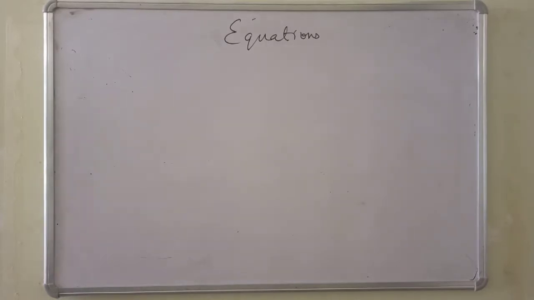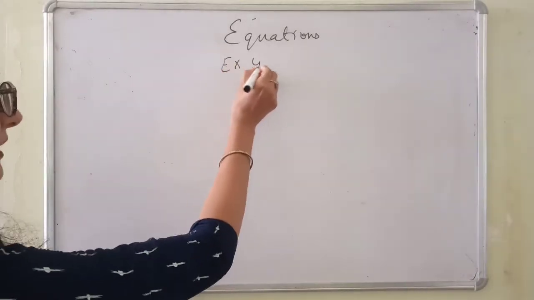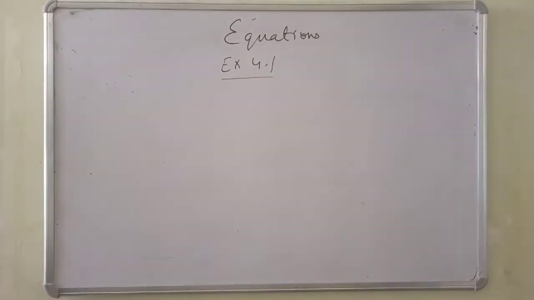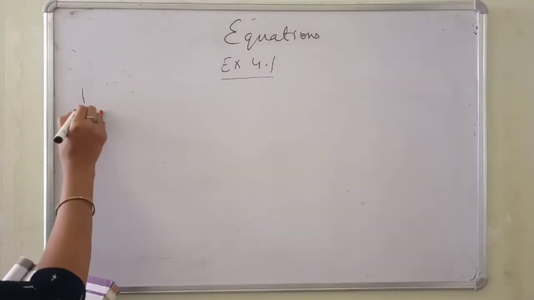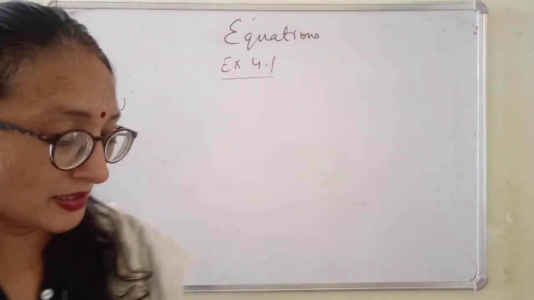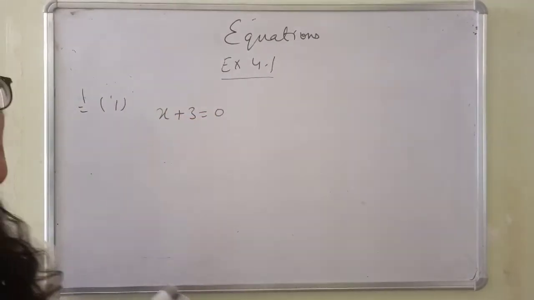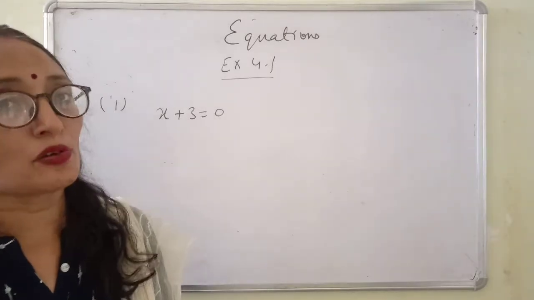First question is complete the column of the table. It is a very easy question. I will explain this question in a very easy way. See, first we have to find the solution, and then check whether it is true or not. Okay? So how will we do? We will find the answer and then we can compare which one is right or wrong.